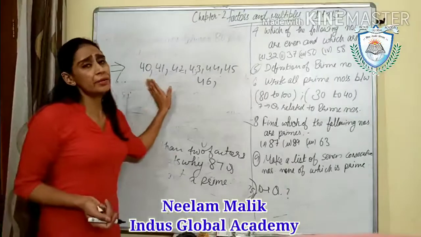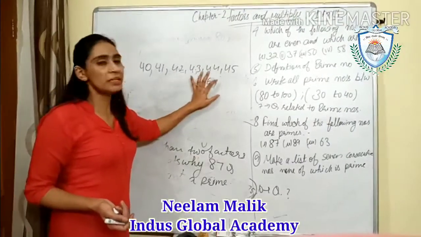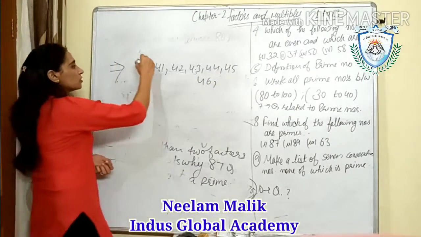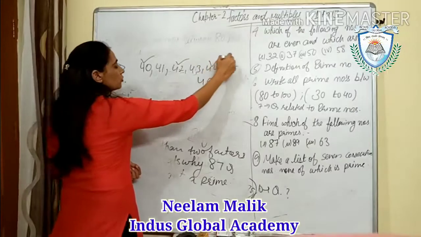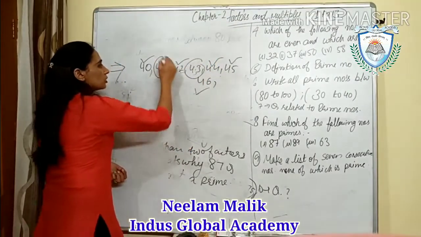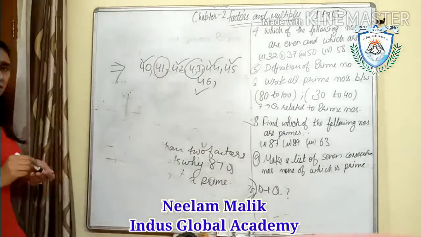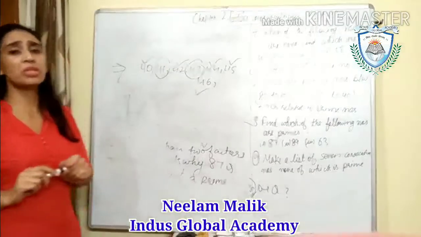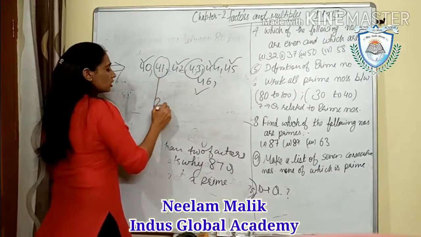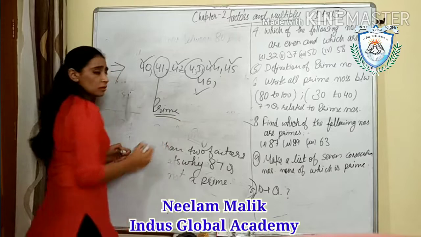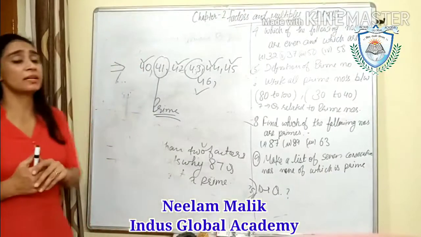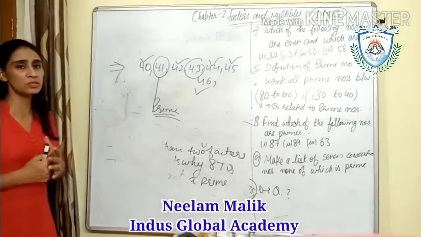You have to write 7 consecutive numbers. None is prime means not even one of them should be prime. So here this is not prime, this is not prime, this is not prime, this is also not prime. What about this and what about this? 41 and 43, are they coming in any table or not? They are not coming in any table. So these are the prime numbers. So these numbers we cannot take. So you have to check that table, or you can think about this.